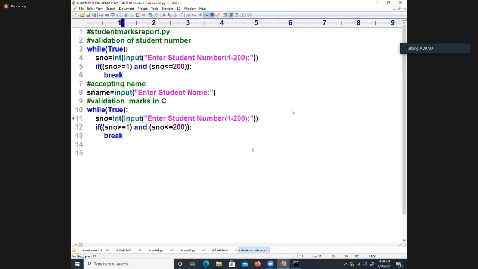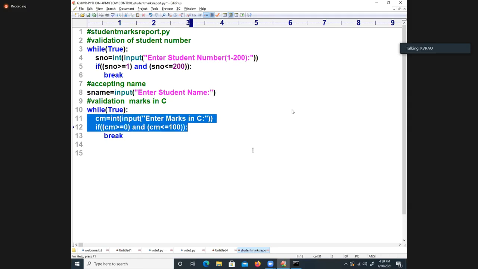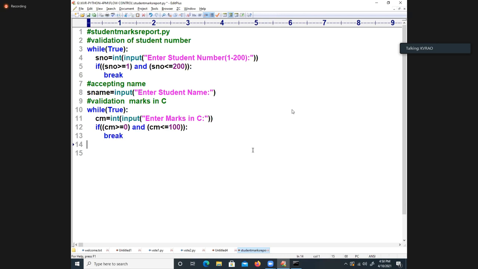While True, then I will say C marks, input, enter marks in C. Then C marks greater than or equal to 0, because 0 marks we can also get, and C marks less than or equal to 100, then break. Done.